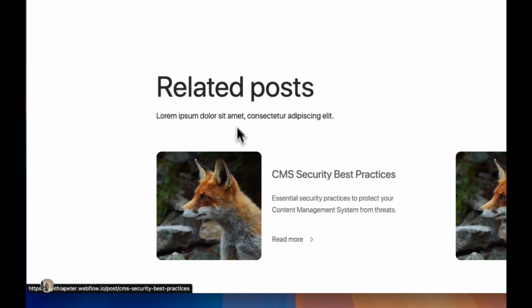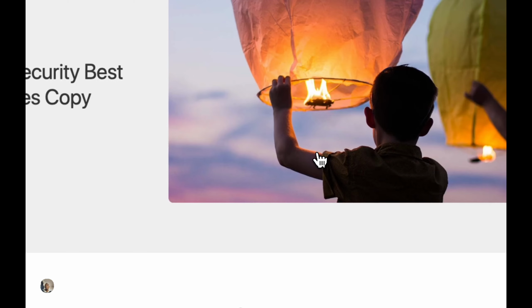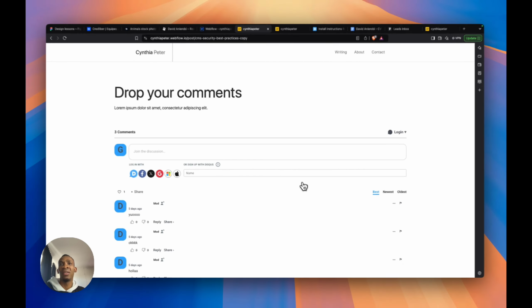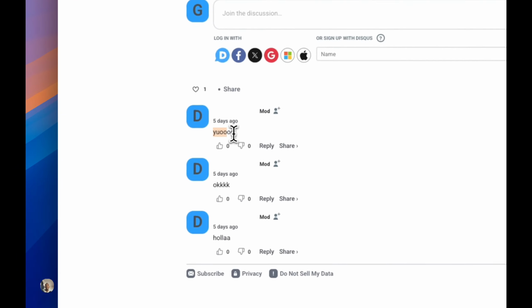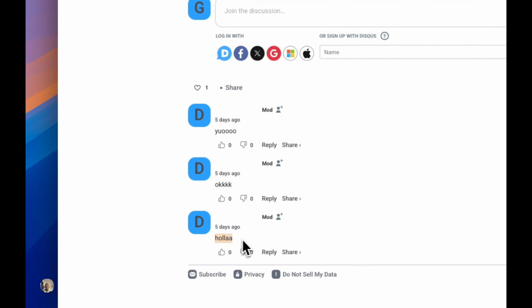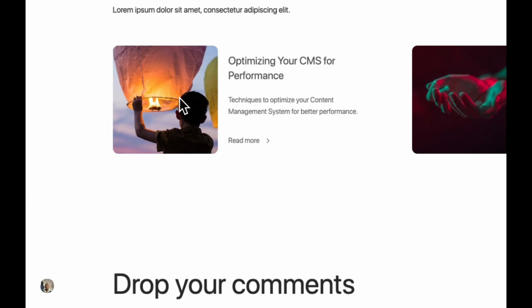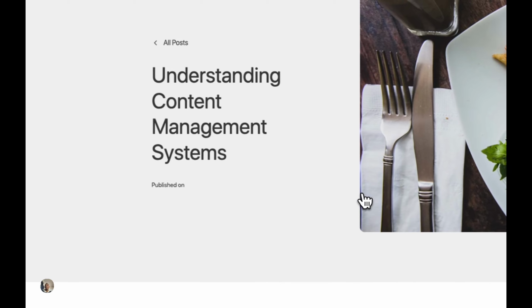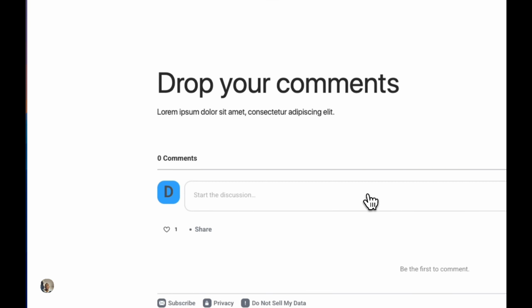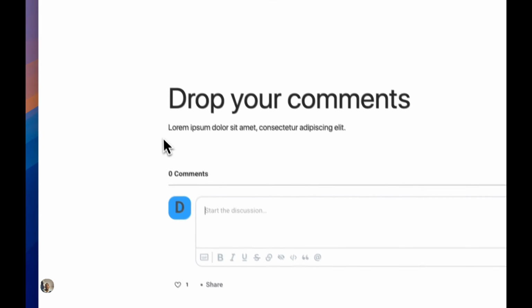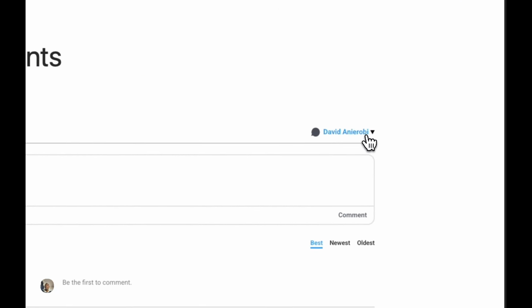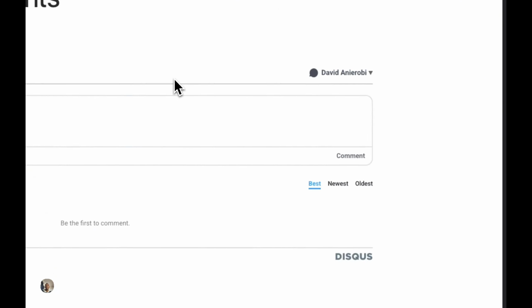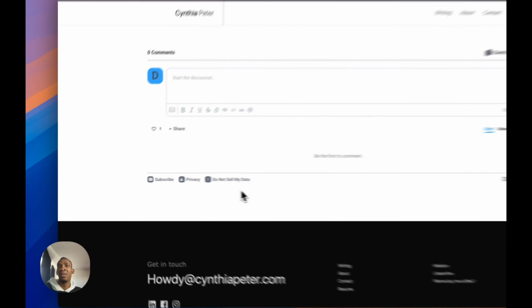So when you click on another blog post, you're going to see it there again. I already tested it 5 days ago. These are the comments I made. I was trying to test it out. Just stuff like that. Pretty great. See, this is a new blog, no comments yet, 0 comments from me, David Anierobi, and all of that using